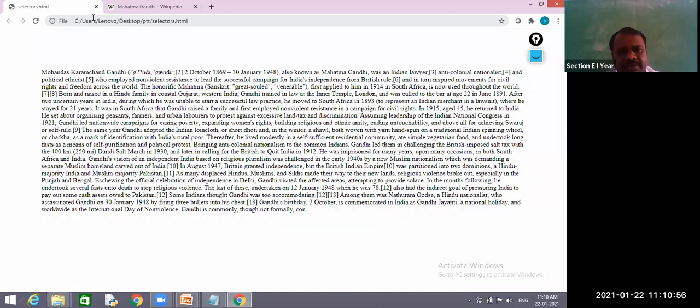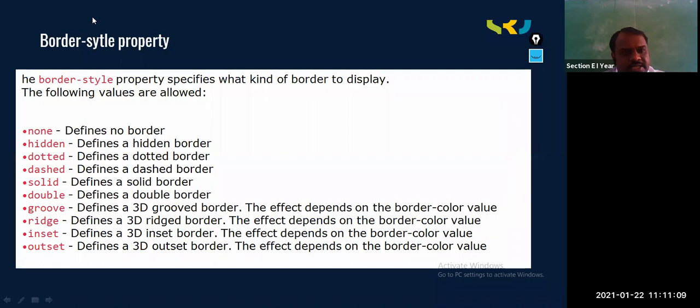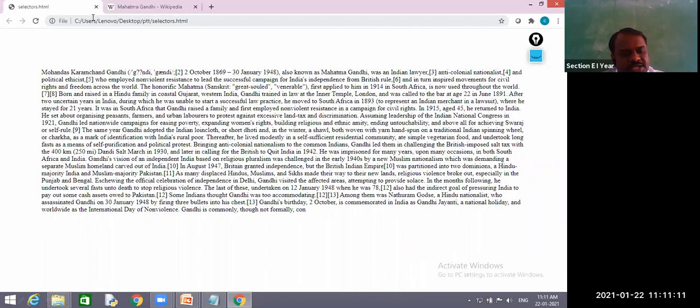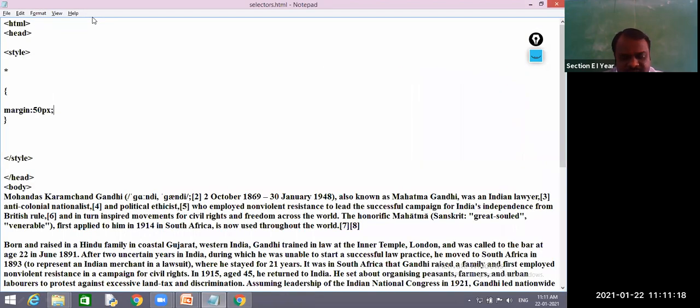Now what is my job for this entire web page? For this entire web page I need to set border, or nothing but for this paragraph I want to assign border. So how can I assign border? So we will go for these border attributes. First one is border style. So we have different types of border style.